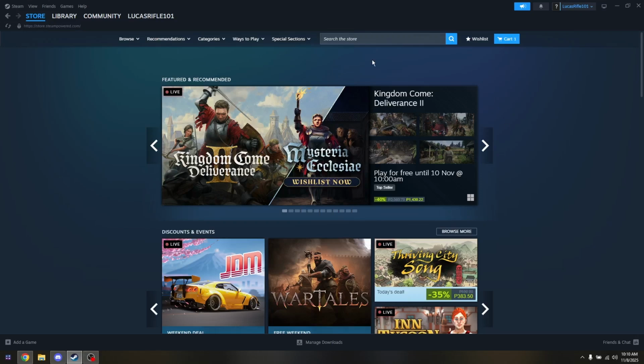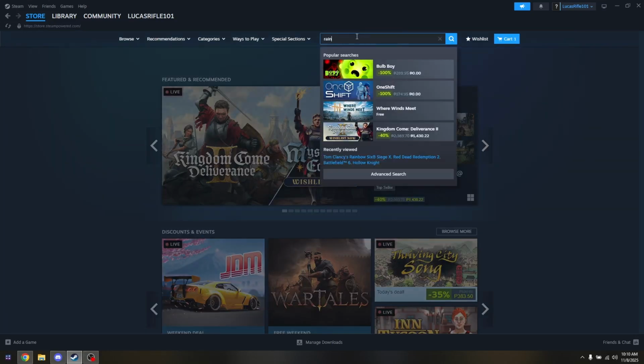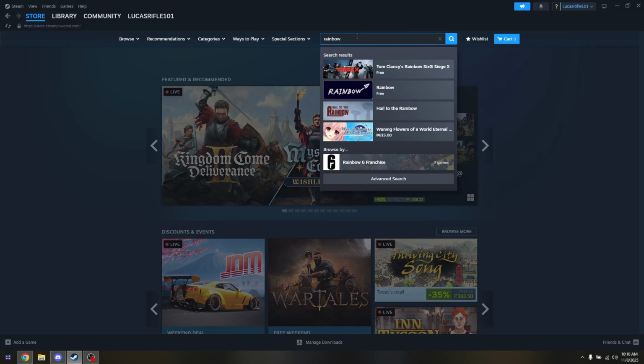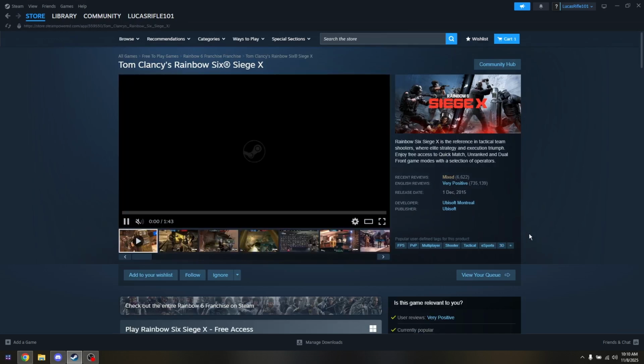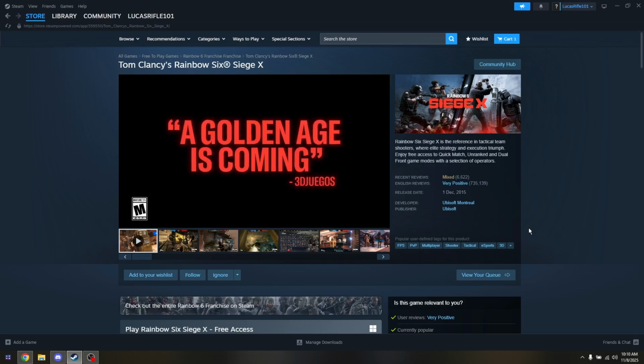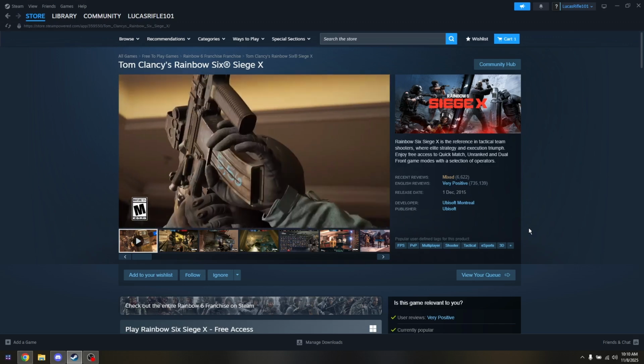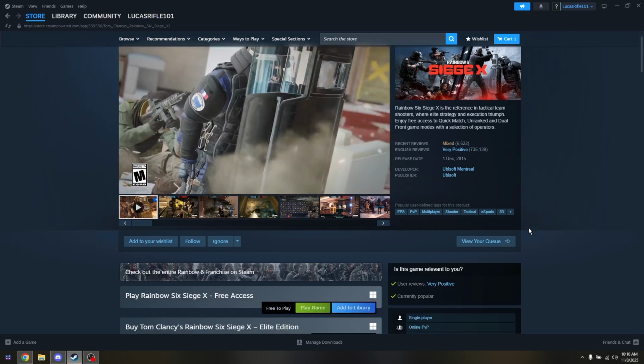How to fix Rainbow Six Siege crashing. So the very first thing that you want to do, if you're currently doing any updates directly from Rainbow Six Siege X from Steam, please do make sure that you're not interrupting anything from it. Because once you do, if you pull up the game, it will somehow crash, glitch, or execute issues while